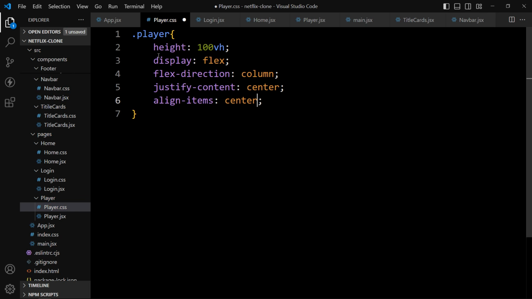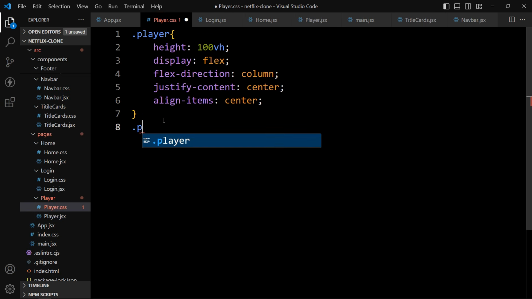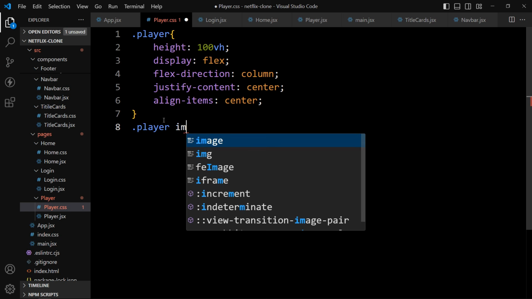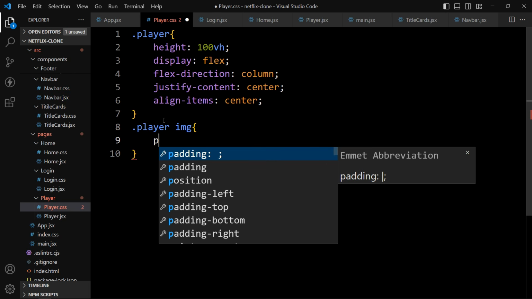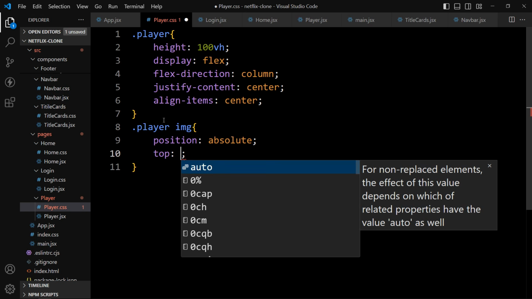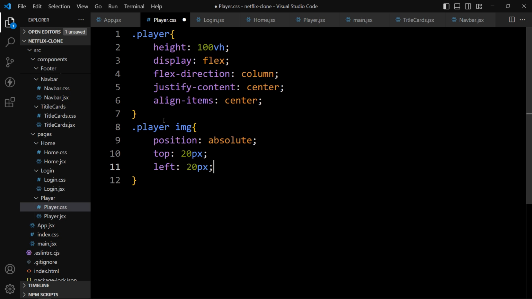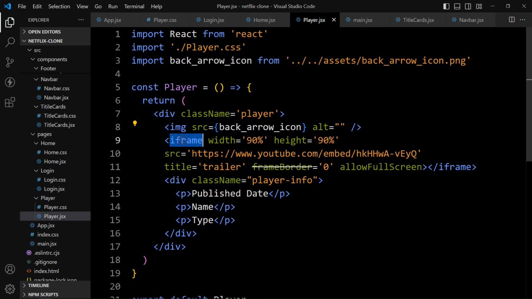Then align-items center. After that, in this player we have this image, so just add .player img tag. So for this image we will add position absolute, then we'll add top 20px, left will be 20px, then width will be 50px. Let's add cursor pointer.